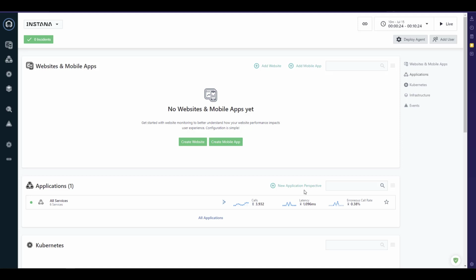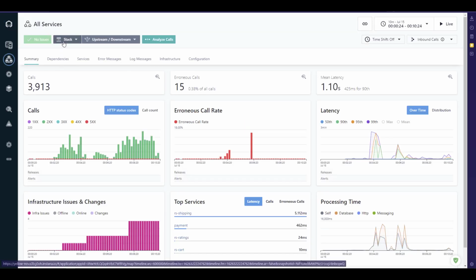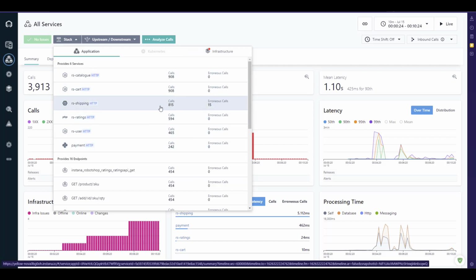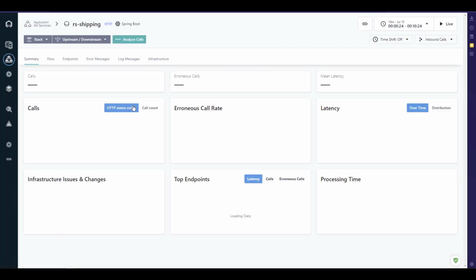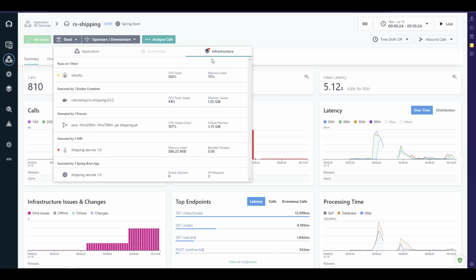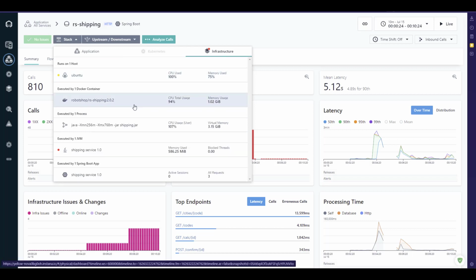Now let us go back to the home page, and let us click on all services again. And if you click on the stack and the application, here you can see the services RS shipping. And if you just click here, and inside the stack and infrastructure, you can see this particular Docker container, and you can see the Java arguments.